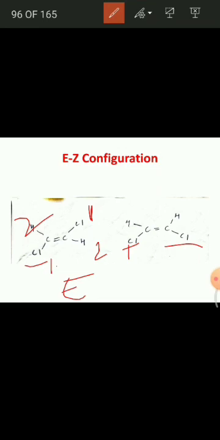for this molecule, let us give the EZ configuration, though of course we can also assign cis-trans configuration. See here, for EZ, on this carbon, chlorine will be given first priority, hydrogen second, and here chlorine 1, hydrogen second, so that the same groups are on opposite sides, then it will be configured as the E molecule. And here the same groups are on the same side, that means first priority, second, 1, 2, same group same side, hence it will be configured as the Z molecule.